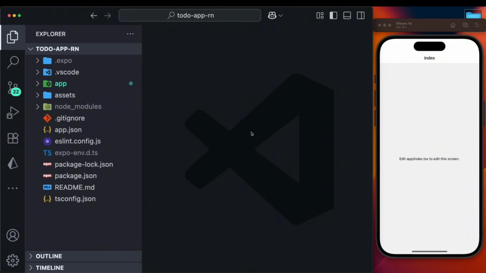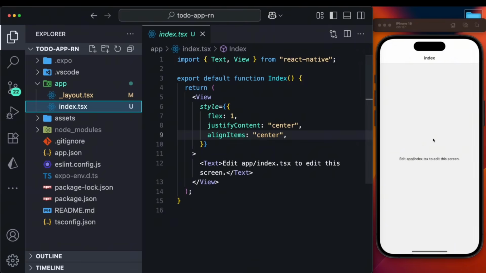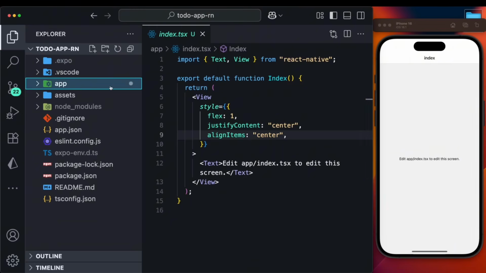So this is where we left. In the previous section, we have started a basic boilerplate code base using Expo, and currently this is the home screen that we can see. So let me just walk you through the file and folder structure, and we'll go through some of the most used components. So everything starts under the app folder, which is a special folder that comes up with Expo,